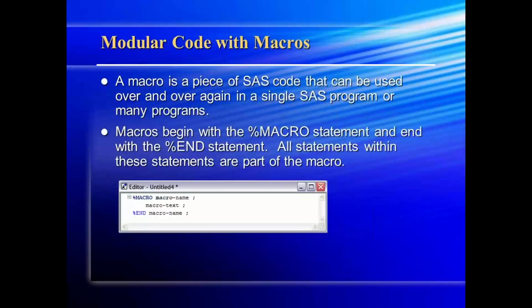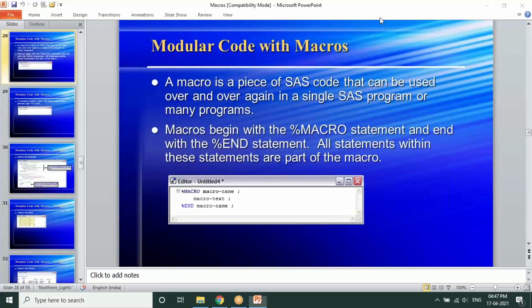And now the other major feature is modular code with a macro. Everyone please understand this. If you see this one example, you'll come to know the importance of a macro. The syntax we are writing is %MACRO, macro name, macro statements and ending. So we are now creating a functionality. Till now we have only created variables. Now we are going to create a functionality. Let me show you with one example.